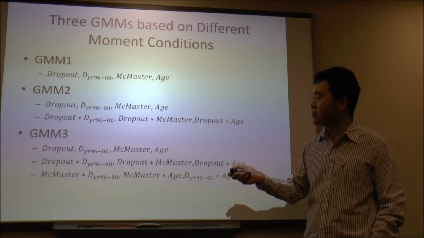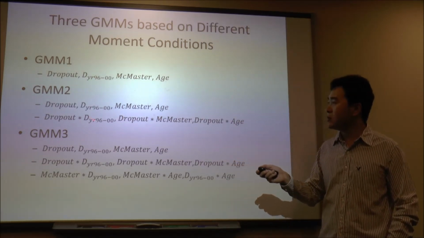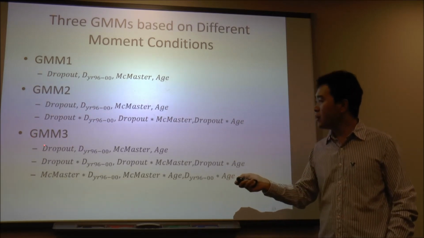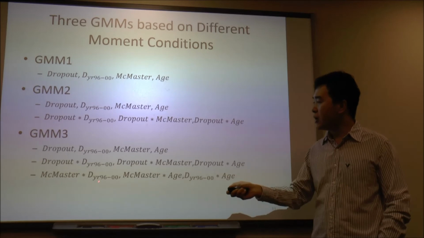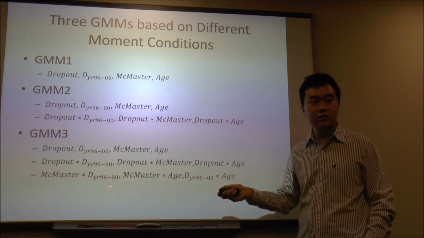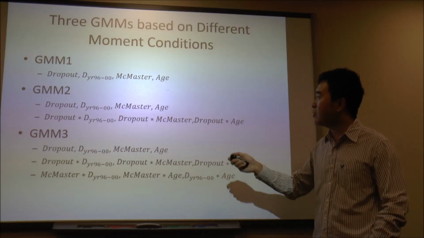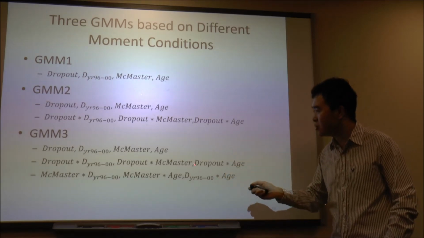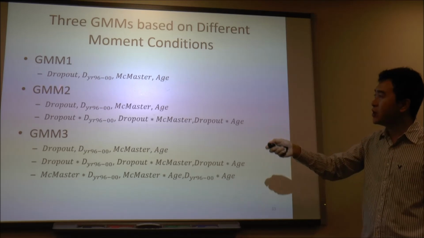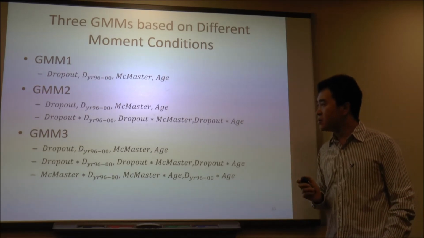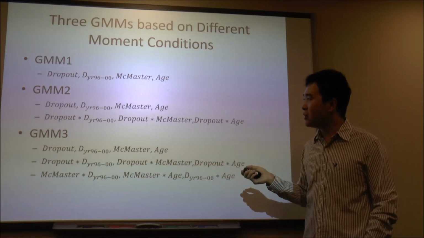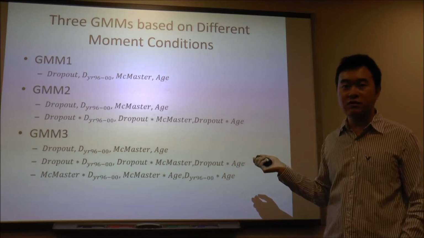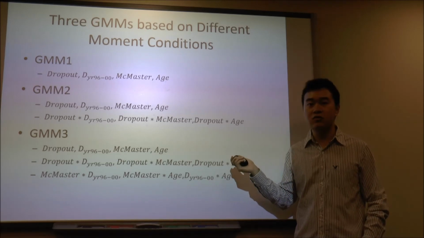The second GMM is that we do not only use the mean of these variables, but also some interaction between the dropout and the dependent variables. GMM3, building on GMM2, adds the interaction term between the dependent variables, which is this McMaster dummy variable, and age. The reason why I want to compare these three is as a robustness check, whether the